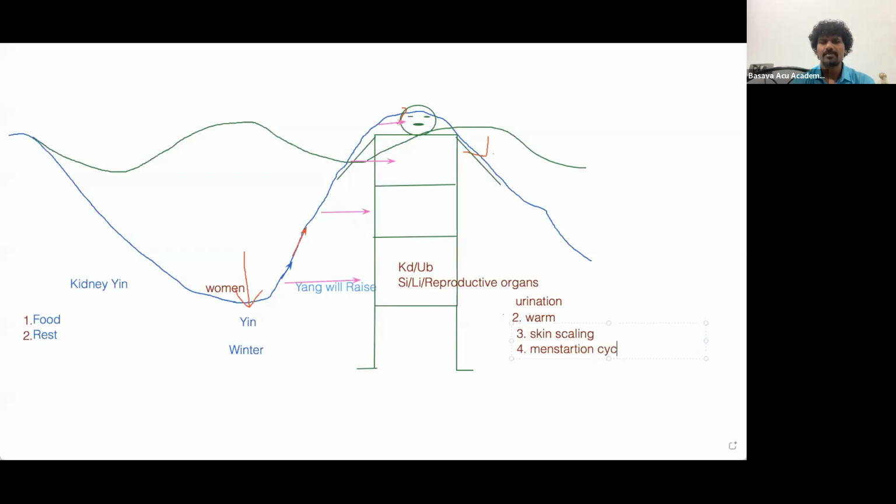The entire menstruation cycle requires both yin and yang. Yin is required for the yin hormones and for blood, and for ovulation, which is yin, no? That is supplied by kidney yin. And growth